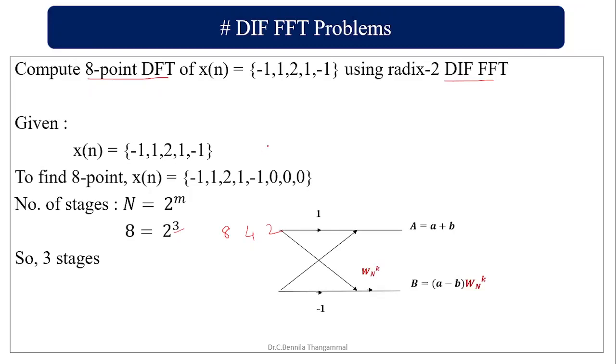So here your input is going to be A and B. So here this is the general structure for DIF. So here the twiddle factor will be at the end. So here it is going to be A into 1, B into 1. So A plus B. Its pair is going to be A minus B. So here at this point it becomes A minus B into twiddle factor. So A plus B, now you find out A minus B and that should be multiplied by the twiddle factor.